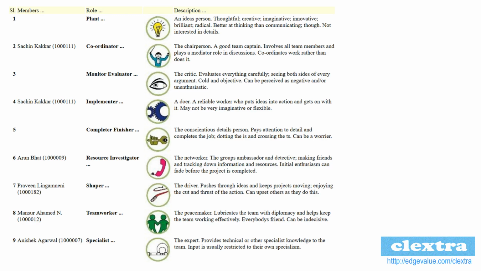Now, what we have in the extreme column are those names, which you see are from our demonstration of the clextra product. So if you have 250 employees and you've mapped Belbin roles to each of these 250 people, when you're forming a team, this can be extremely helpful. So we have some examples of these names on the left side, which is actually picked up in the screenshot from the software itself. So these are people who actually have these skills and who are part of a team that has evolved while using the clextra platform.